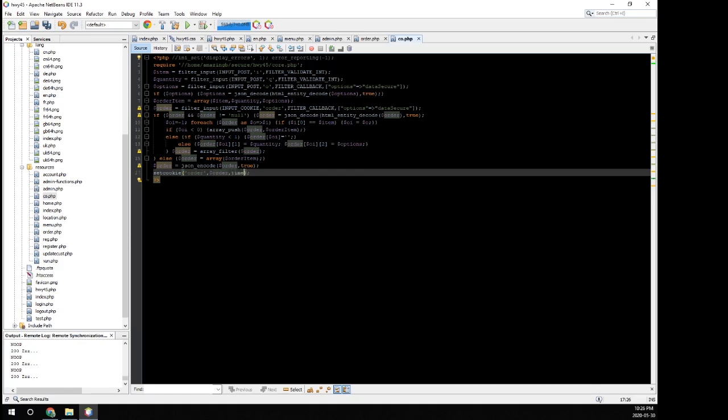Then our expiration is time plus, now this is a value in seconds, so 3600 would be 1 hour. I'm going to use 7200, which is 2 hours,